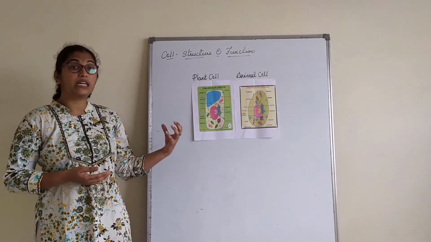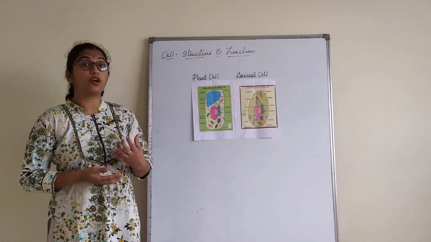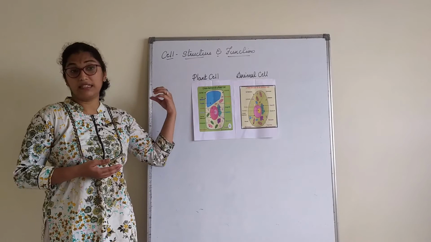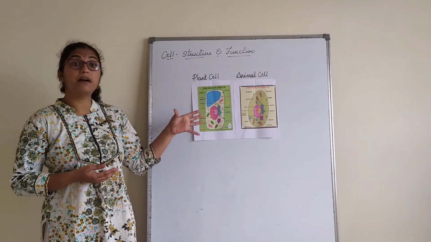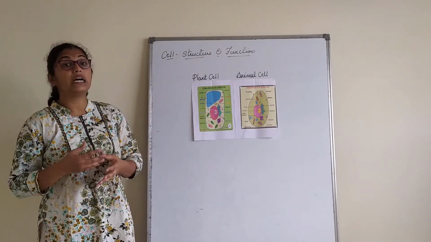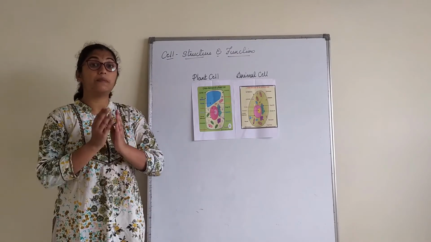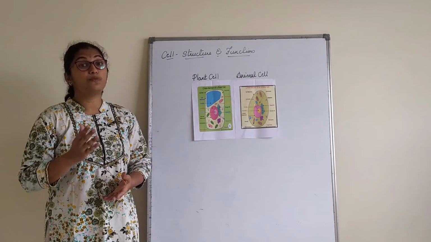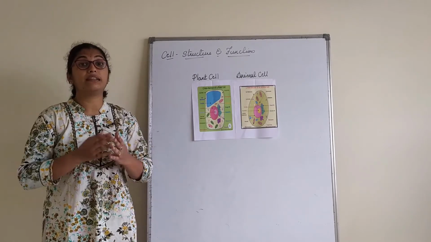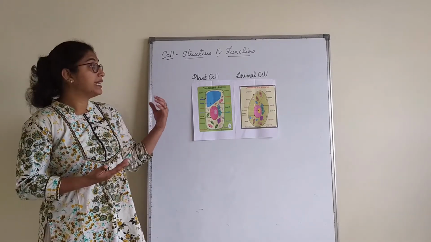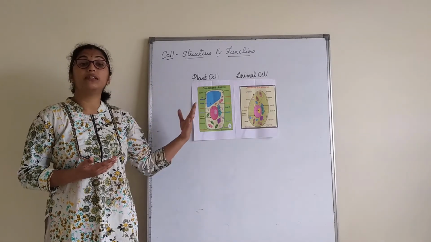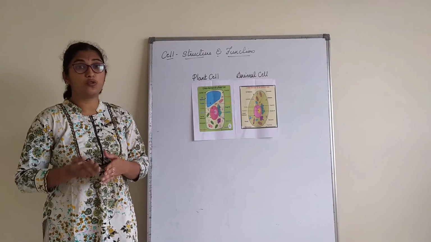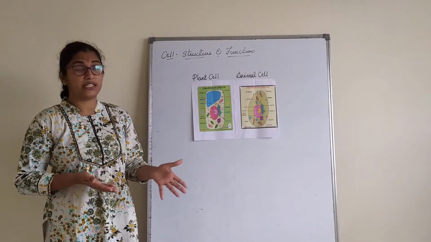Then we understood the three basic components of a cell, that is cell membrane, cytoplasm and nucleus. We also studied what is present in the cytoplasm, which are called cell organelles, which perform a specific function so that the cell can function well. In our yesterday's class, we understood the different cell organelles such as mitochondria, lysosomes, plastids, vacuoles, etc.